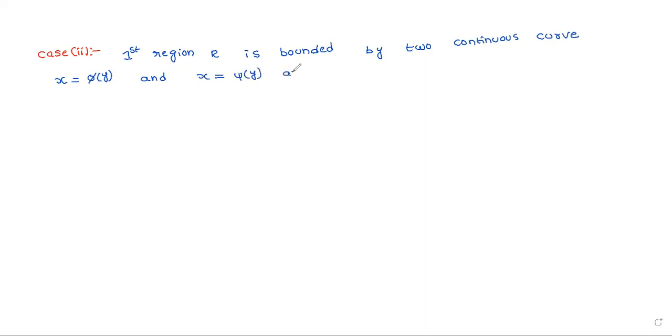And the two lines, abscissa. Abscissa means parallel to the x-axis: y equal to a and y equal to b. So y equal to a is parallel to the x-axis, and y equal to b is also a line. In such a case,